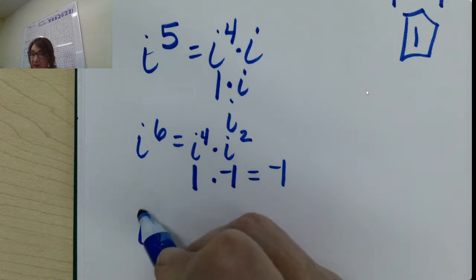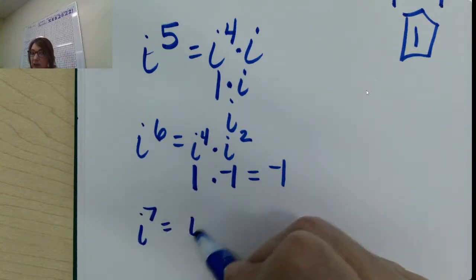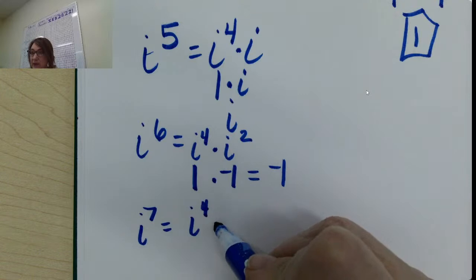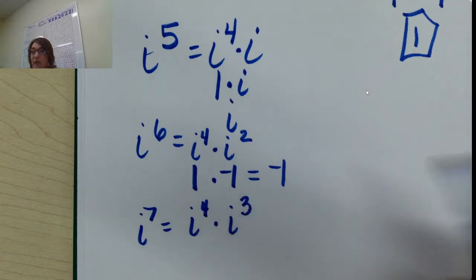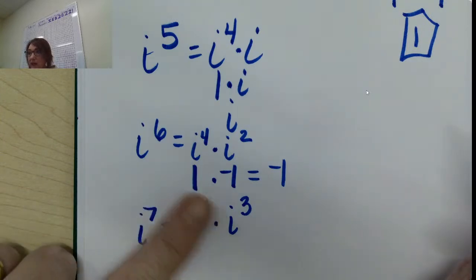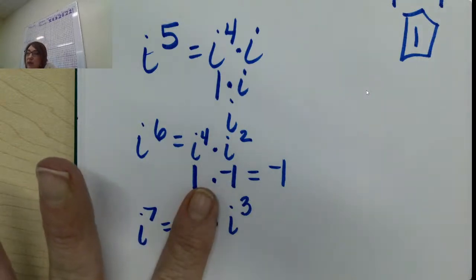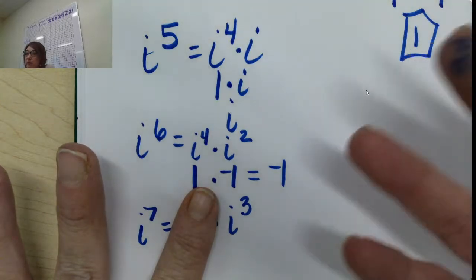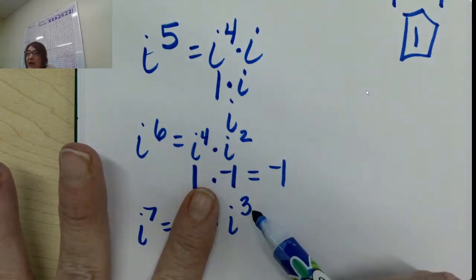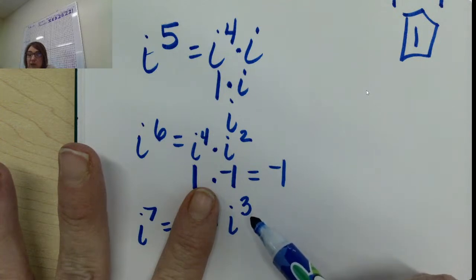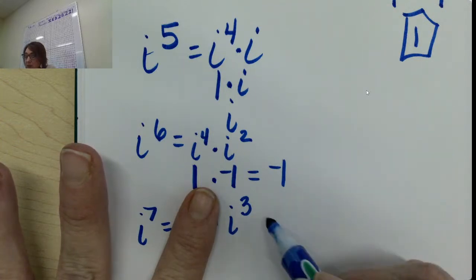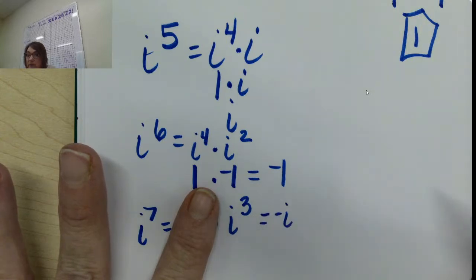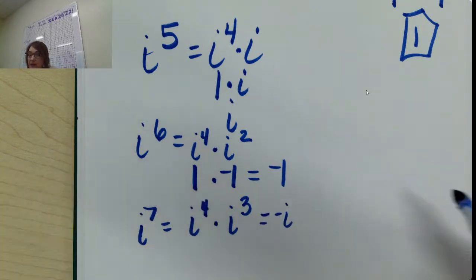I to the 7th. So that's going to be I to the 4th, right? Times I to the 3rd, right? Now what do we know about I to the 4th? It's 1. Technically we can just be like, oh, it's gone, right? Because it's just a 1. And anytime you multiply by 1, you just get the number you're multiplying. And then what do we know about I cubed, I to the 3rd? What do we discover it is? It's -I. Right? And then if we did I to the 8th,